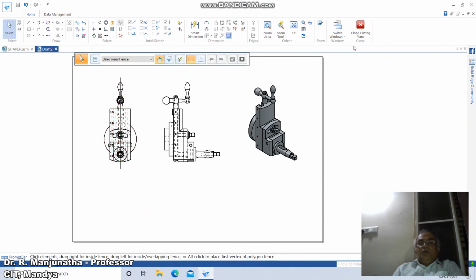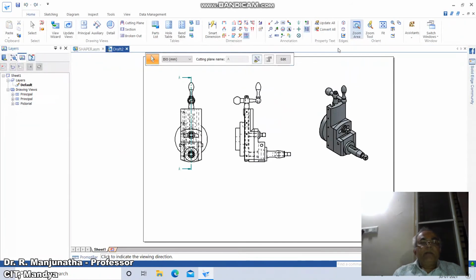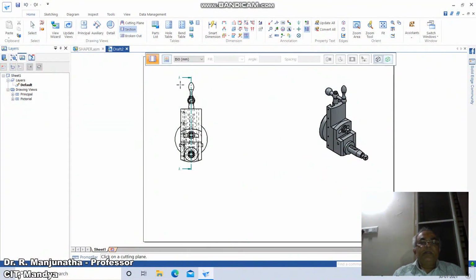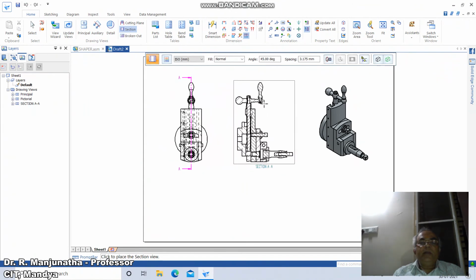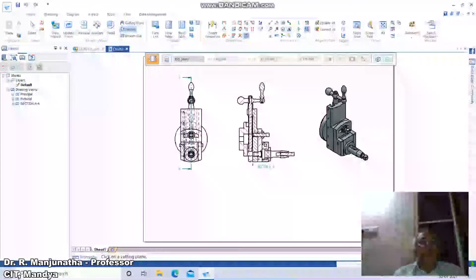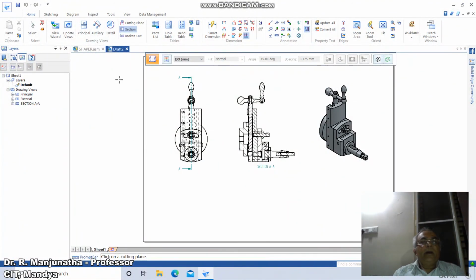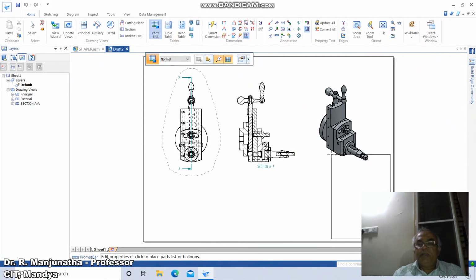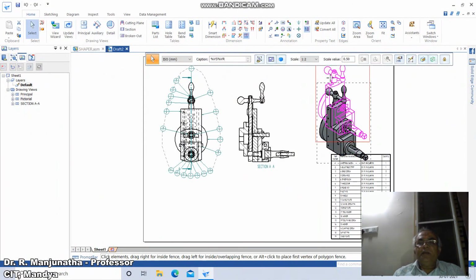Now once you do that, click on close cutting plane, then you are going to have this, then you just delete this part, then go to section, click on this sectional line, so you're going to get the parts here. So this is the true shape of this, the sectional view, which is taken with the left view in section. So you're going to get these sectional points. So once you do that, we'll go for the part list. You just click on this part list, click on this view, and then you are going to get these parts here. So you place it here, and then you drag this and keep it here.